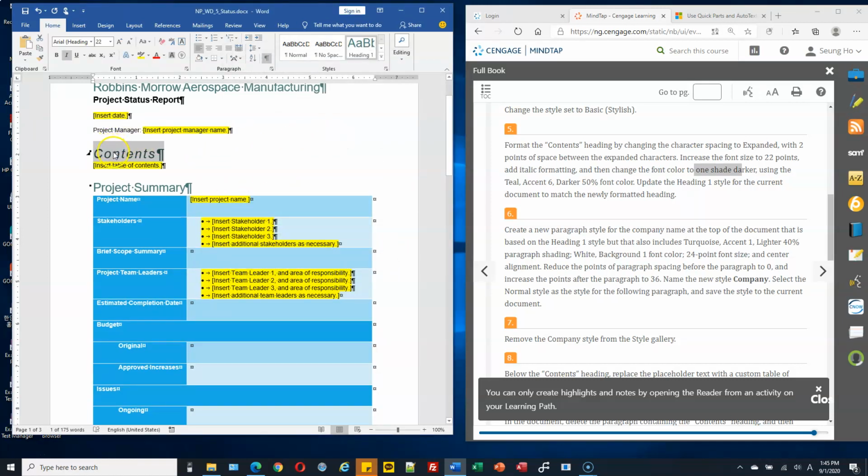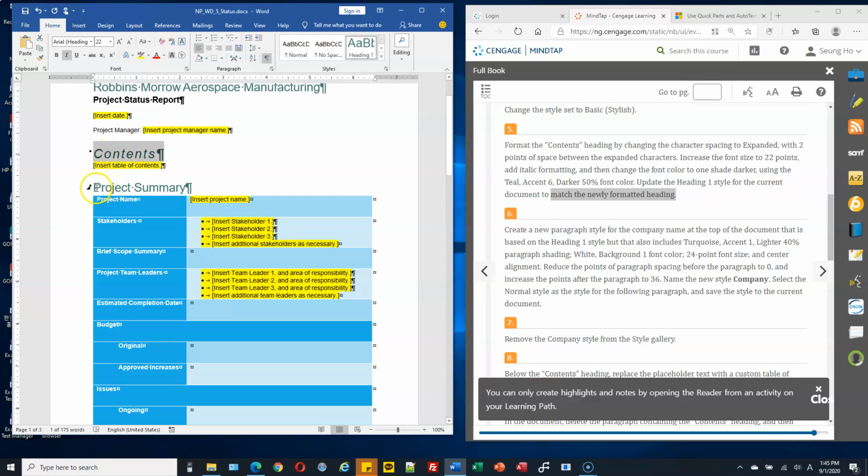So we changed the heading 1 style. We just changed the format of this heading 1 style. I mean the contents heading 1 style. So now update all heading 1 styles for this document matching the newly formatted heading.